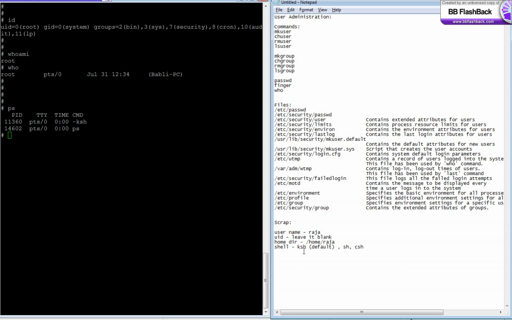Basically, if you know all these things, this is enough, and you need to know about the group. There are a lot of groups available in the system. Basically, for regular users, the default group name is staff. If you want, you can create a group for a specific function or for a specific department, and you can put all the users in that particular group. If you don't specify the group